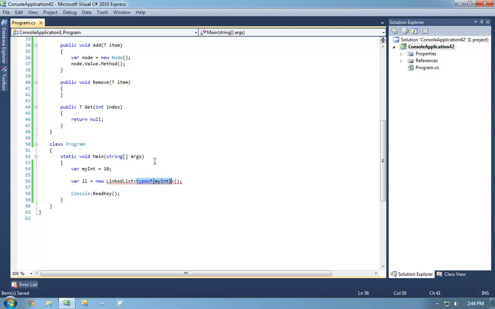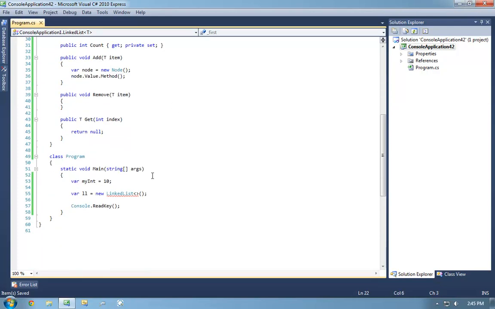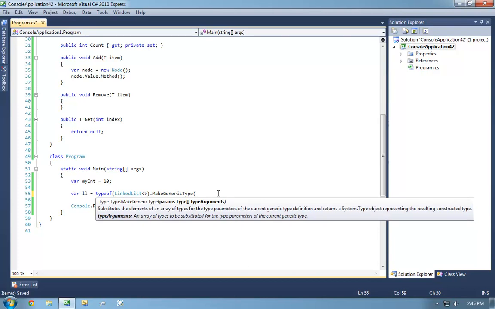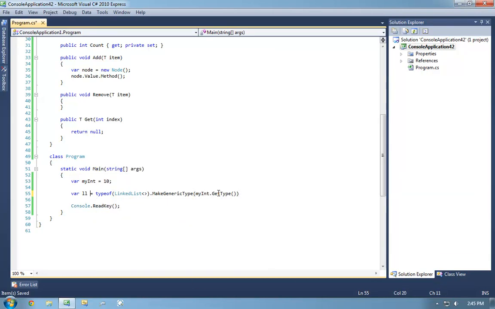The second reason you can't do this, so let's say we did this instead, myInt.GetType. If we did this, this is an error because that's not compile time code. Generics, using the syntax of instantiating a generic type, it always must be compile time code. It cannot be runtime code. But what we could do, let's go ahead and remove the second generic type parameter for clarity. What we could do is we could say typeof linked list closed, MakeGenericType myInt.GetType and wrap this in an Activator